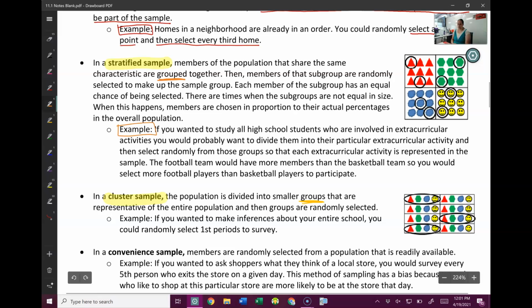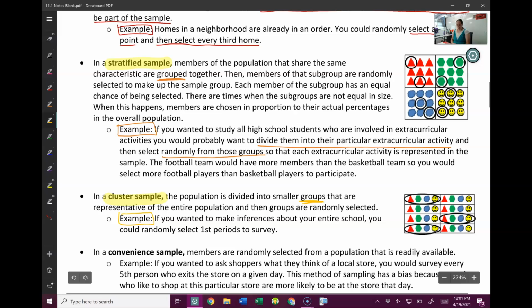If you want to study all the high school students that are involved in extracurricular activities, divide them into their extracurricular activity, and then randomly pick a couple from each group. That's your stratified. Versus your cluster,